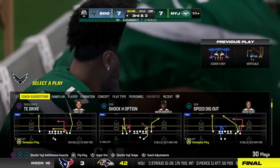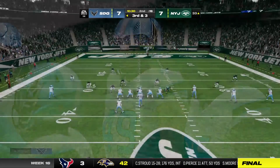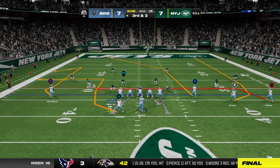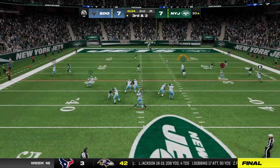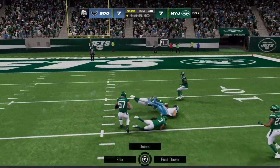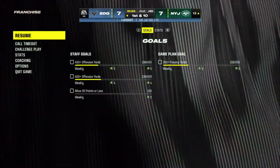So the completion good for 6 yards. And now it's 3rd and 3. Back to throw here, Herbert. Working the middle of the field, and he...